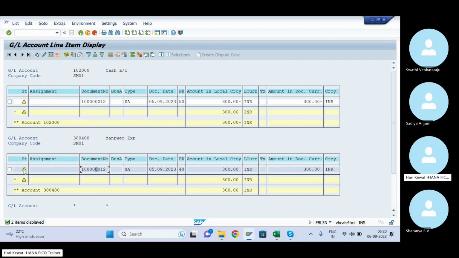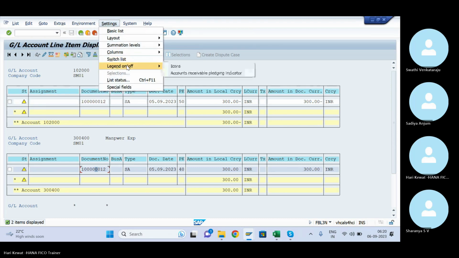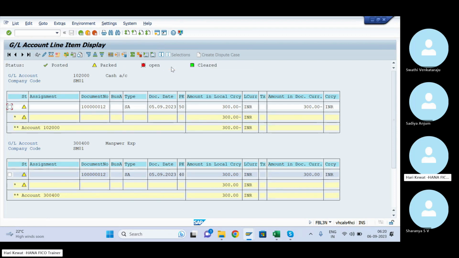The legend icon is here. What is the meaning? This symbol is equal to parked. If posted, then this will come. If posted but an open item document, this will come. Then cleared. So these are the symbols. Any document whose status is showing like this is a parked document.